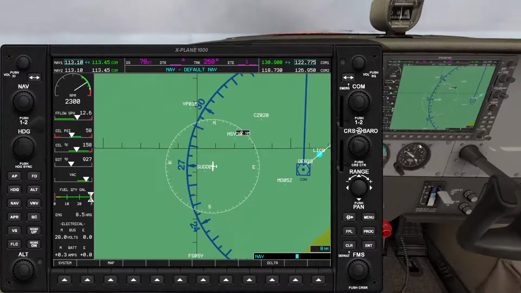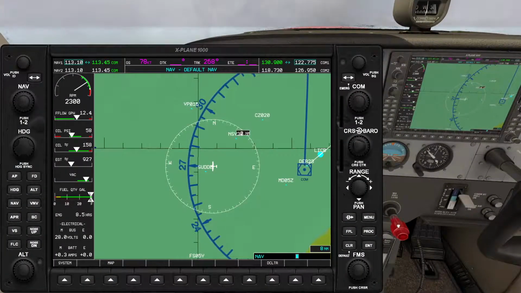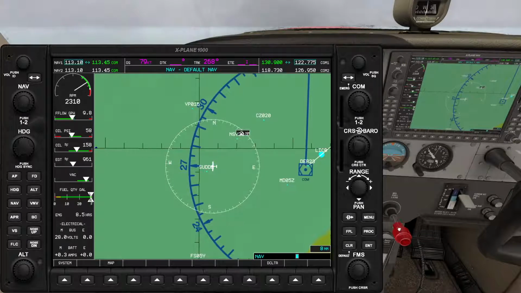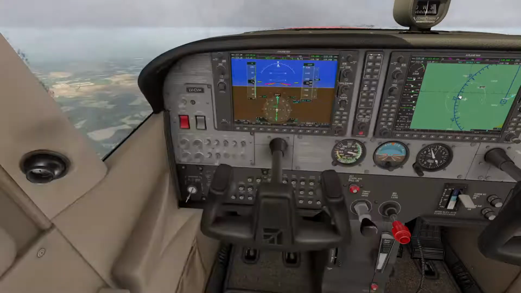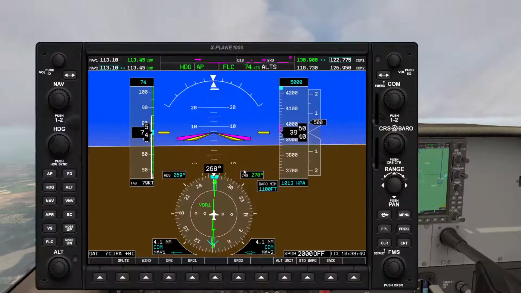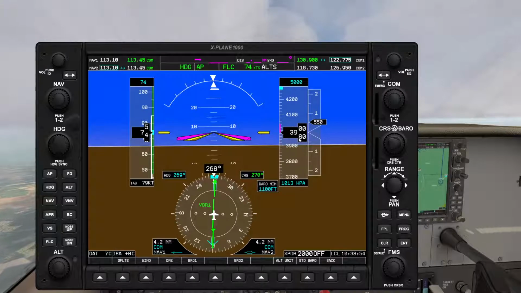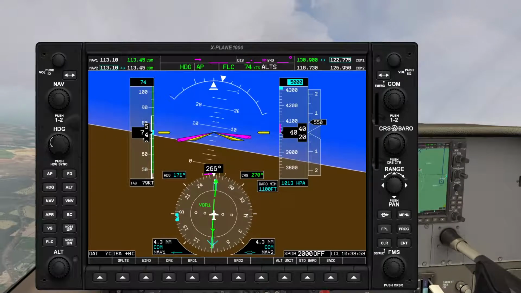Let me check the mixture. A little bit lean the mixture. This position is good and currently approaching 4,000 feet. Okay, 4,000 feet reached. Turning left